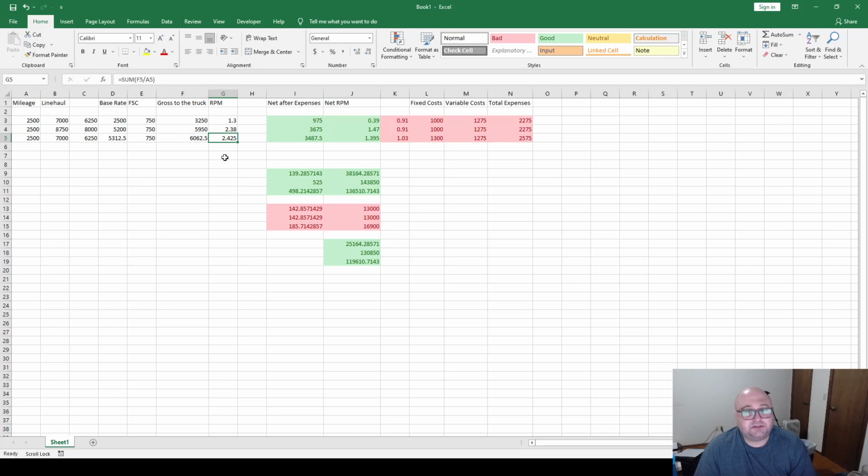And that comes out to $2.42, almost $2.43 per mile. So as you can see, the amount of money that you make on a Landstar 65% contract versus one of these 85% contracts is very similar, and it's mainly similar because of the rate per mile that you're able to get on the load. The total rate. On Landstar, you typically are getting a really premium rate on the loads, whereas spot market